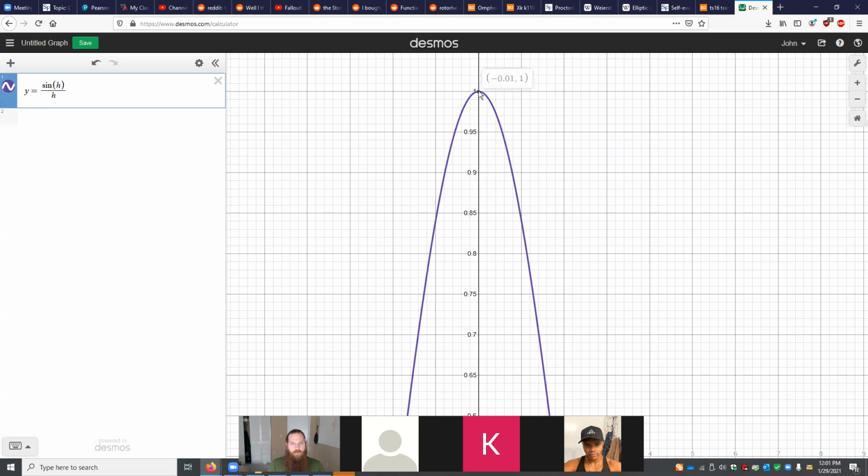That's why it's fighting me. It doesn't want to show it. All right, there it is. Undefined at 0. All right, so this is really what the graph of this thing looks like, but the limit is 1. Now, this graph should convince you that that limit is 1 if you trust that this graph is correct, and hopefully you do, because Desmos is not out of its mind. It's just a computer.